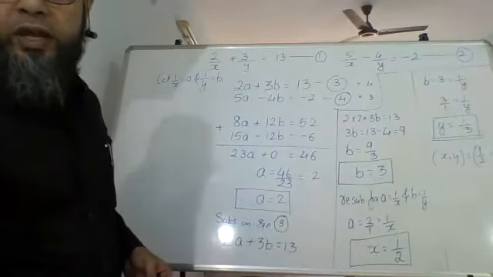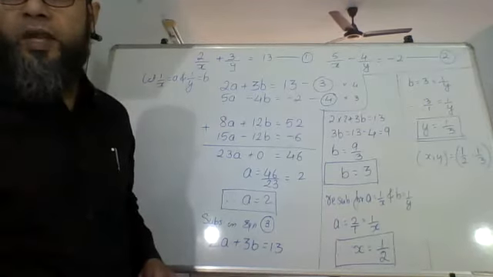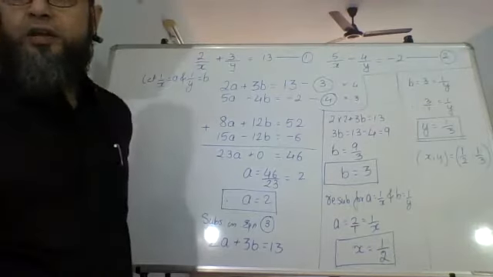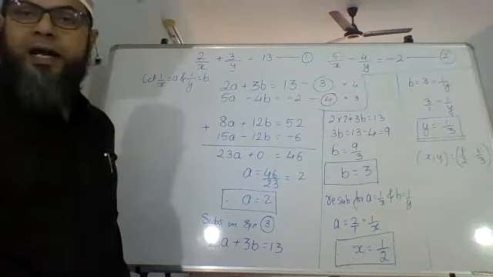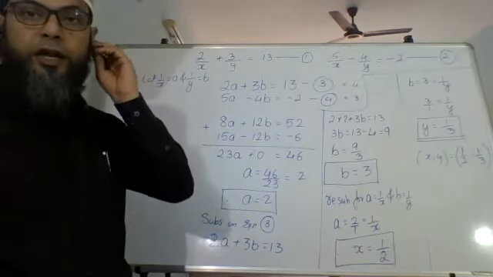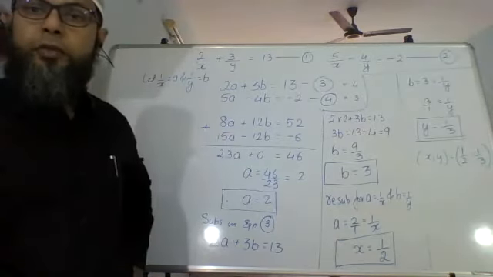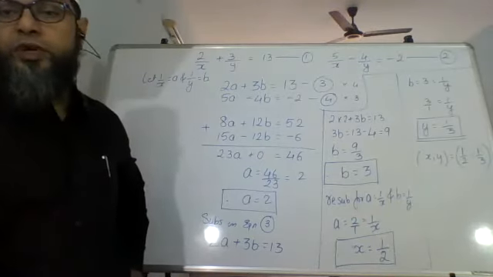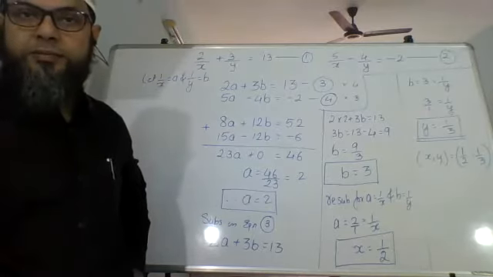Actually, it is a and b. We did it for our convenience. Actually, we have to find the value of x and y, which we have found out by substituting. So this is how we convert the equation from non-linear to linear and then solve them. We first convert it to linear and then solve it. Are we clear till here?